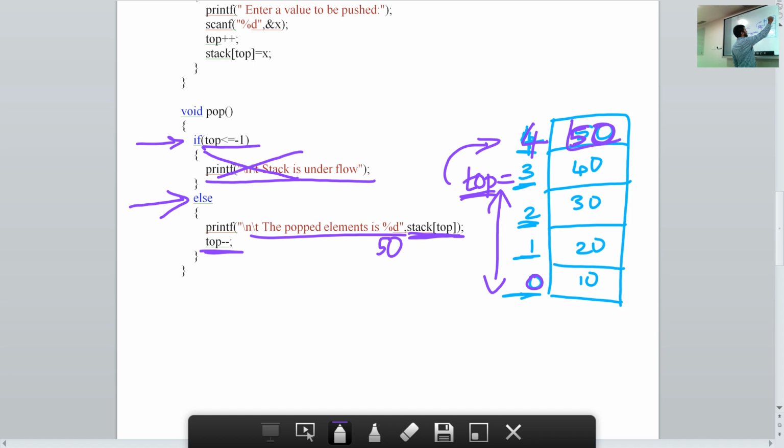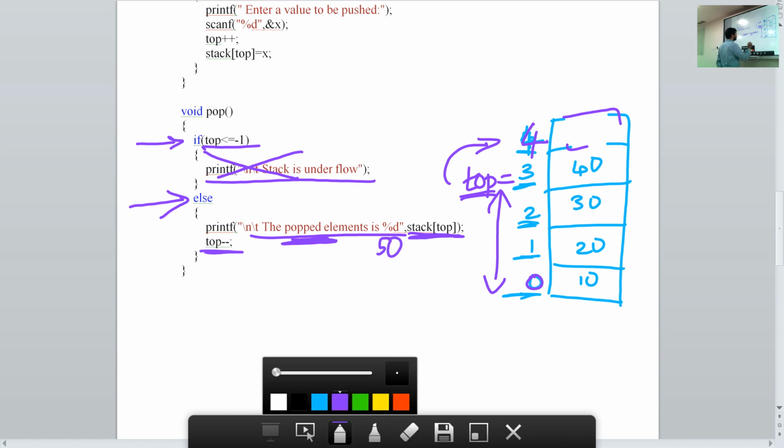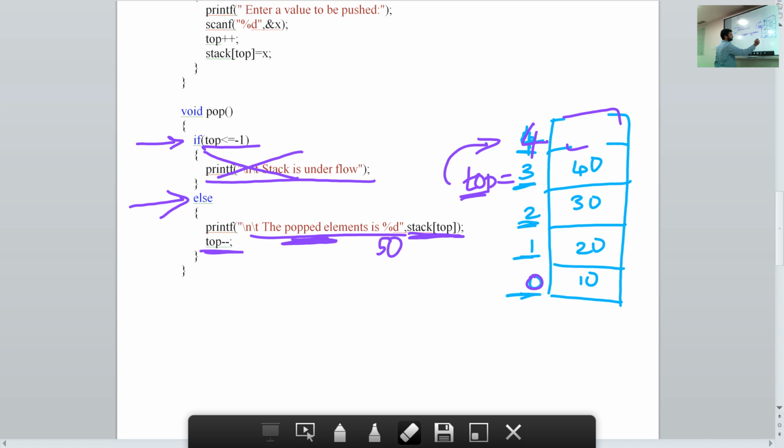So although this value is present, it is no longer being used because we have popped it, we have deleted it. Please don't get confused, because we cannot delete elements from an array. But if you are getting confused, we can just wipe it out here. But remember, in real programming, 50 would have remained there. So that you should not get confused, since we have popped a value, let's just wipe out 50 so there is no confusion. So 50 has got popped.